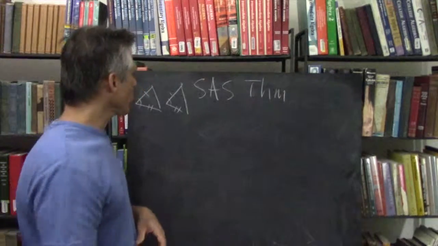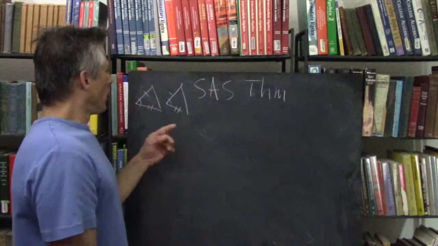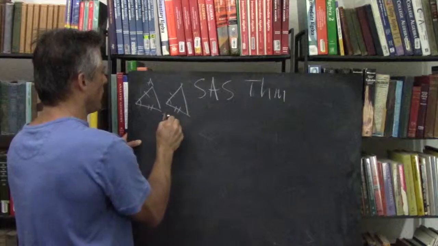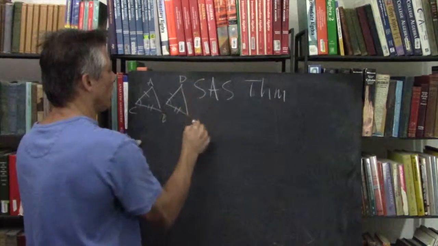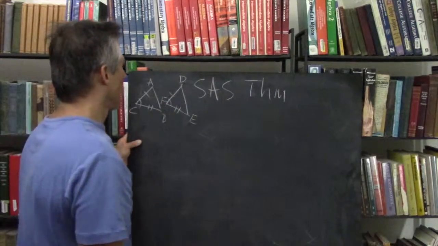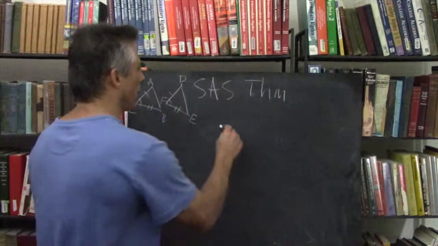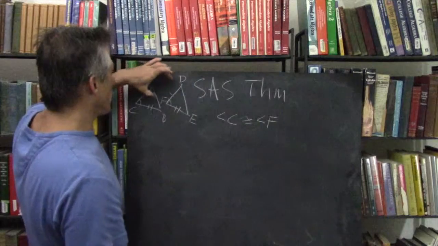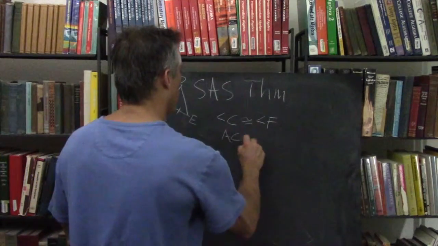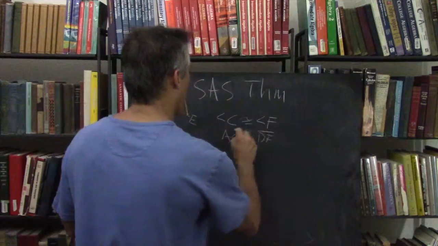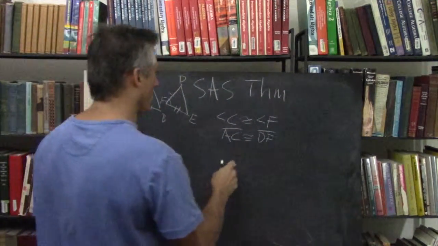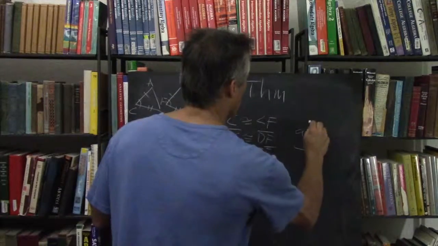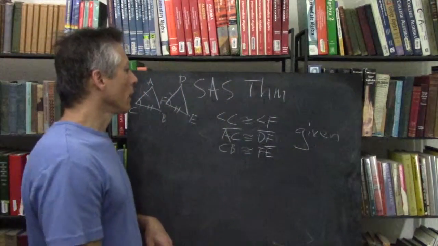All right, so the given is, let's see, we got A, B, C, D, E, F. So we're given that angle C is congruent to angle F. AC and DF are congruent. CB and FE are congruent. Okay. Now,